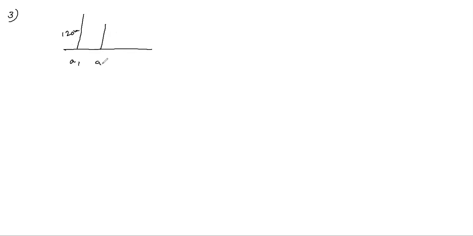Here A2 is 2 times: one is it moves above, and the same height it comes down. So 2 times 4 by 5 of A1, which equals 120. A2 equals 2 times 4 by 5 of the first one, so 120 into 4 by 5. Next, similarly, again one above, one below, 2 times. So A3 equals 2 times A2 into 4 by 5.